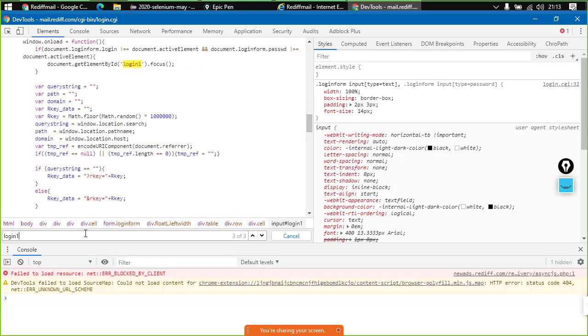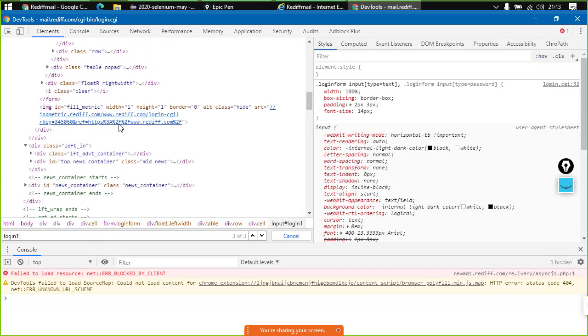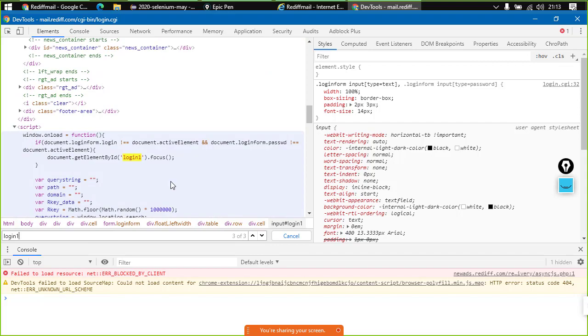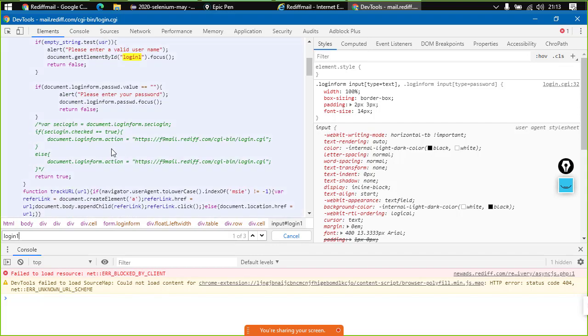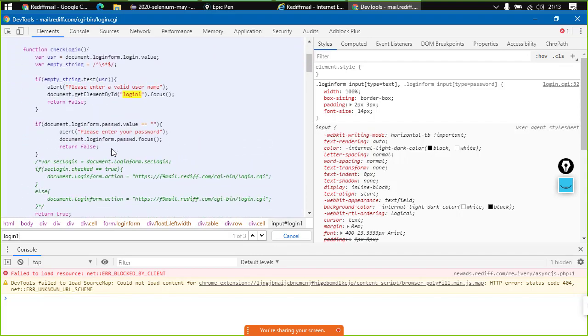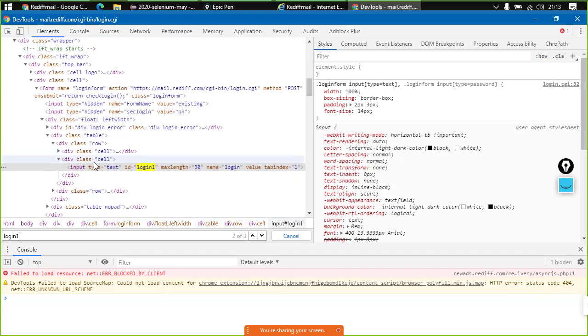Other things are in JavaScript. We don't have to worry about it. The only thing that we have to deal with is this input tag. This means that we can have access to any element with its ID, wherever the ID is available.